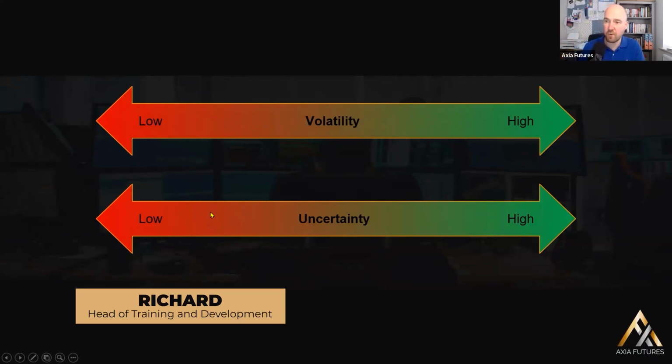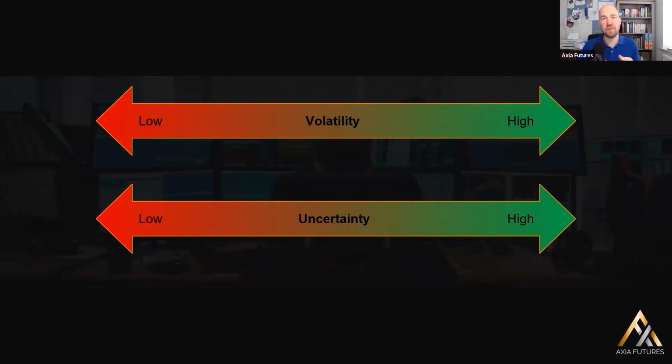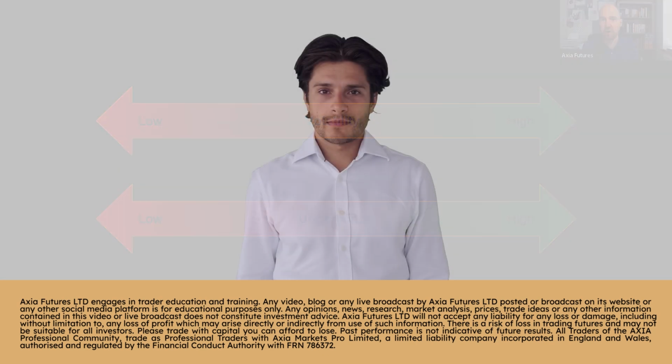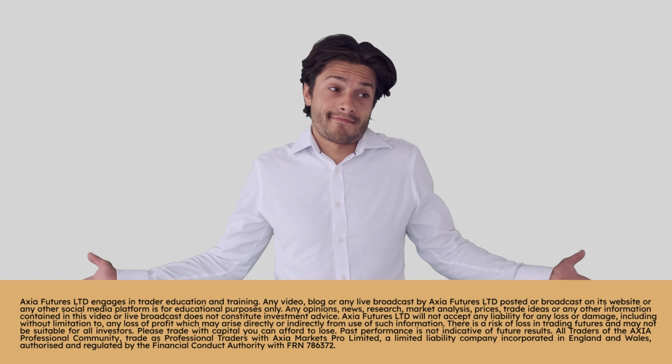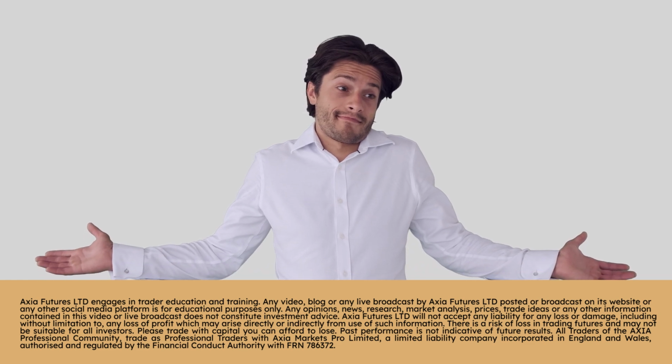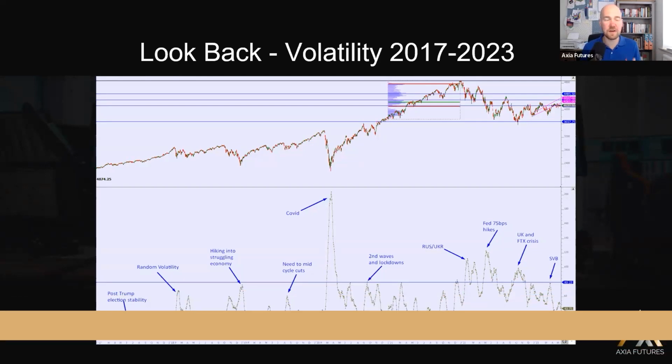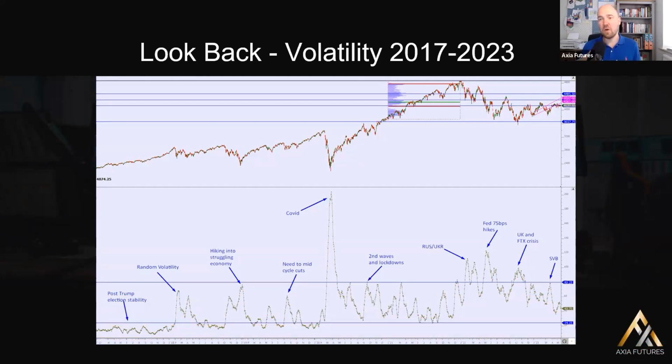As uncertainty falls, opportunities or market sensitivity goes down. What this then means is you don't get such big opportunities on changes in narrative and changes in the situation. This could all change, but we don't know how and we don't know when. So the question then, and it's always worth looking back and saying to yourself, well, what's volatility been like previously? And what can I then expect?